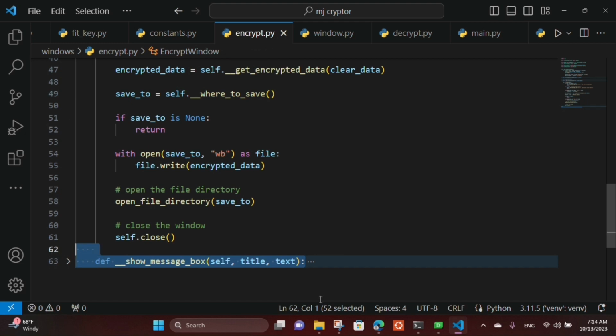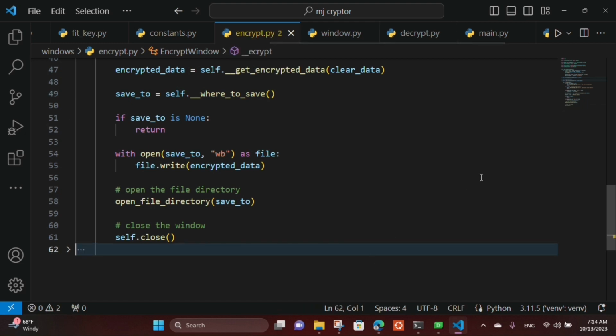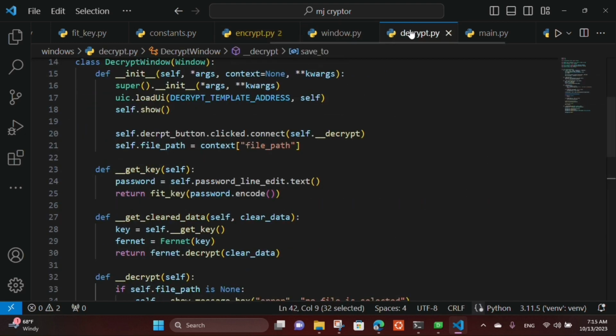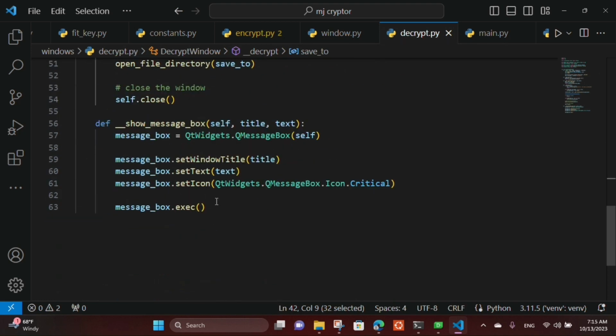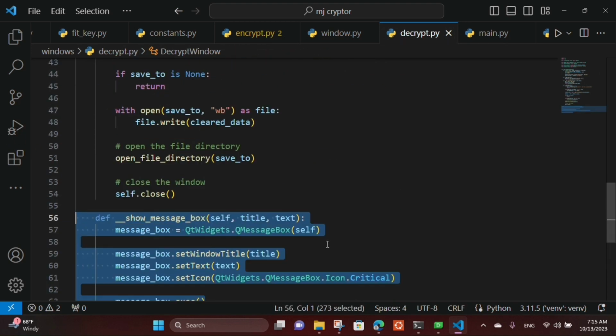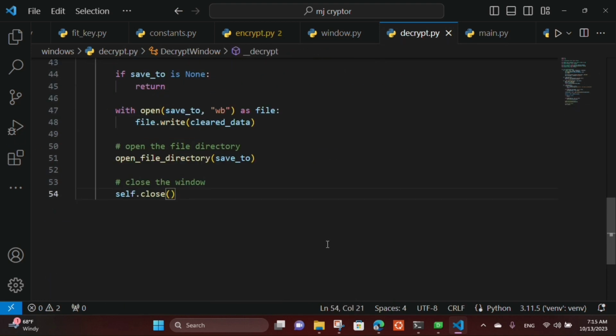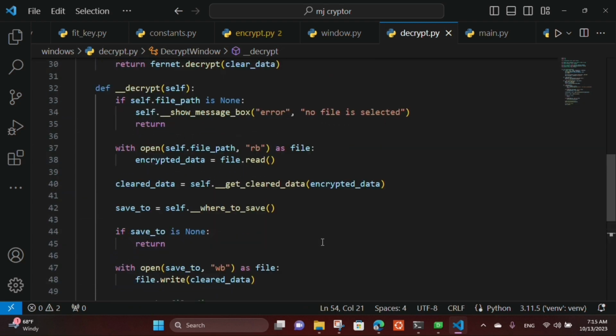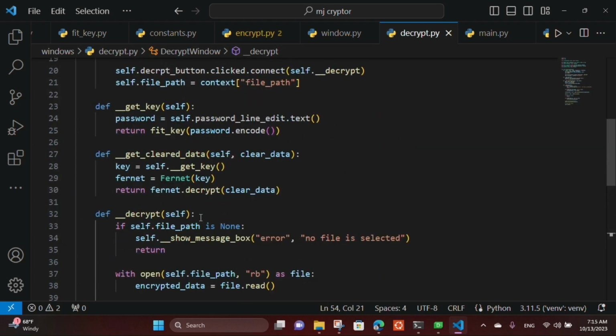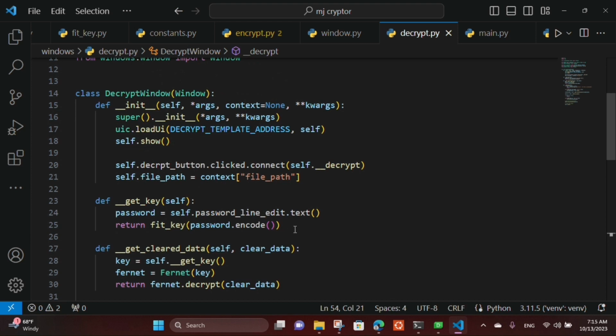Show message box is also not needed because we have it in our parent, so we delete it. We don't need to implement it twice. We could do it with get key,